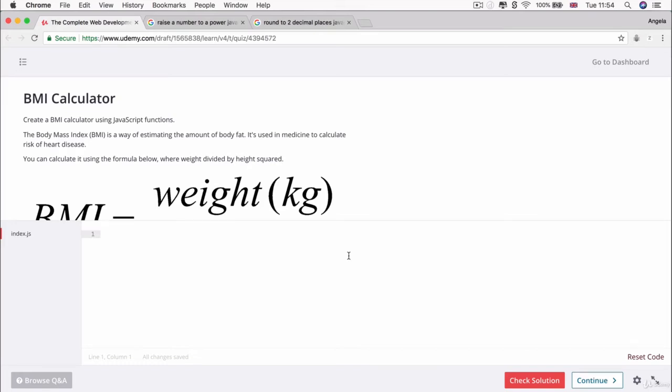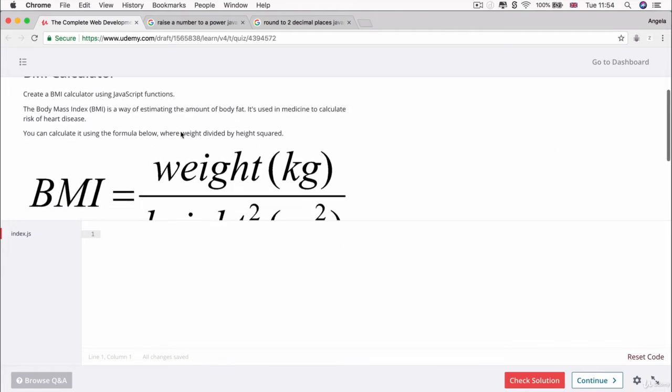All right, so in the next lesson, you're going to tackle the interactive challenge where you have to write the code and I will check your solutions behind the scenes. So this is what you should see. This is the BMI calculator challenge, and there's a little bit of a description about what BMIs are and what